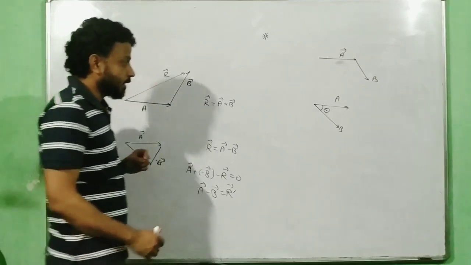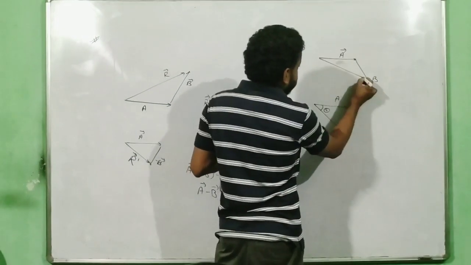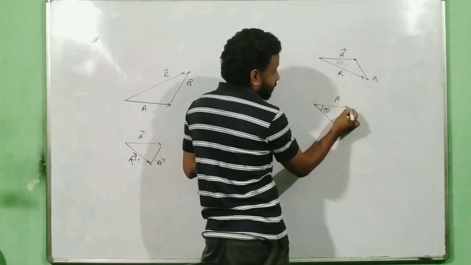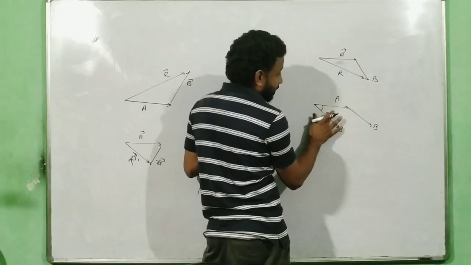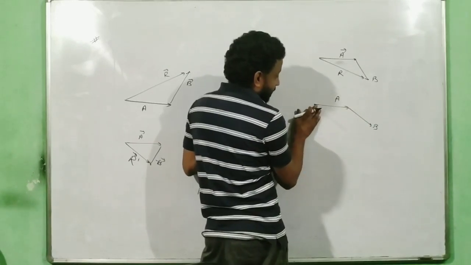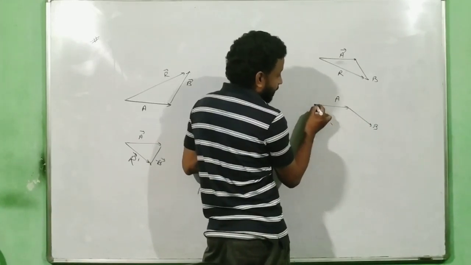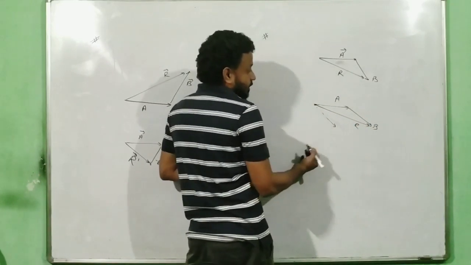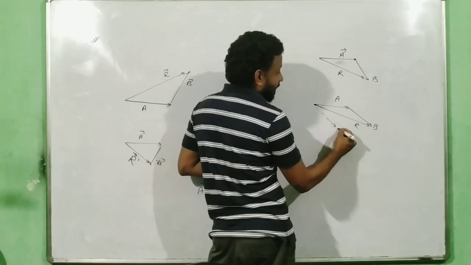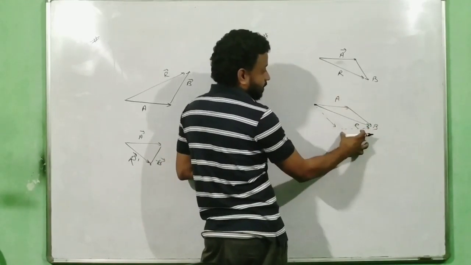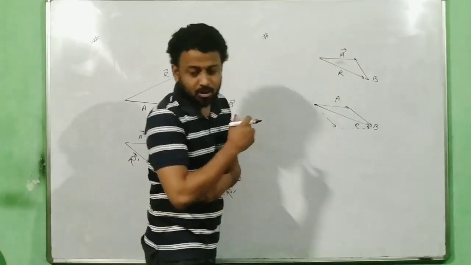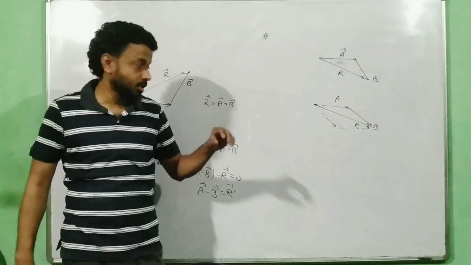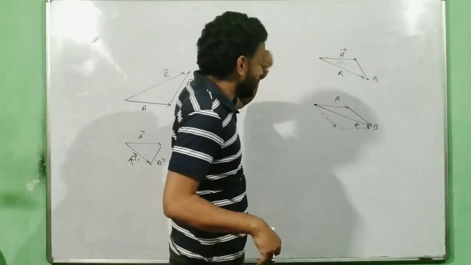Okay? But if I have to find a resultant using a vector diagram, I have to shift this vector B over here. So I will shift the vector B over here. Correct? This was my B vector. And then this is my resultant R. This was my B vector. So if I consider this was my B vector, in the same way I can consider this was my A vector also. And this is what we call the parallelogram law of vector addition, where the resultant is shown as a diagonal. But that is not what I intended to teach here.